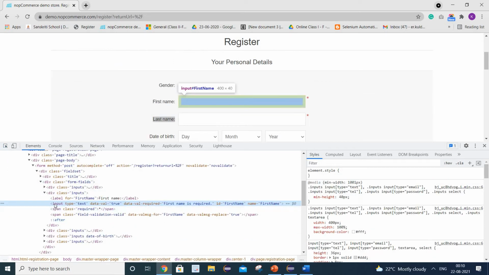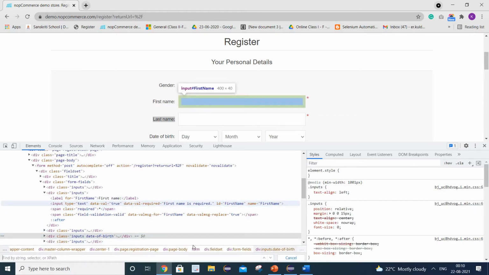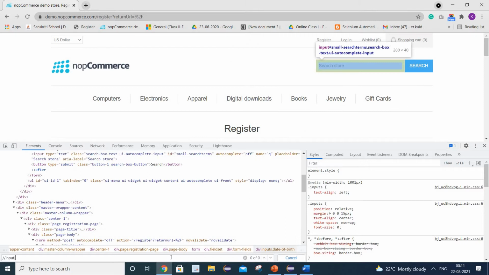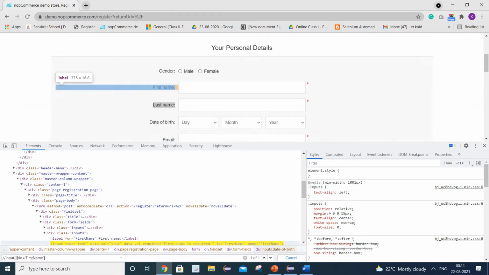Here we can see that the starting tag is the input. It has a couple of other attributes like ID and the first name. So let's utilize this ID to identify the first name text field. As we all are aware of the basic XPath syntax, it starts with double forward slash tag name. Tag name is input here. After that, at the rate attribute and its value, and the attribute is the ID here. So I will write at the rate ID and its value in single quotes. So I will write firstname. Here you can see that the first name text field is getting highlighted.